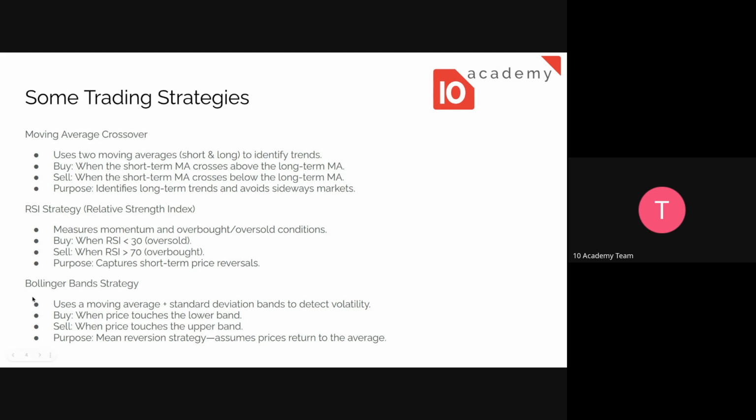We will see it on the graph. Bollinger Band is the other one. It will use a moving average and standard deviation. There is a moving average and there will be some plus or minus. So when the price touches the lower band, it's